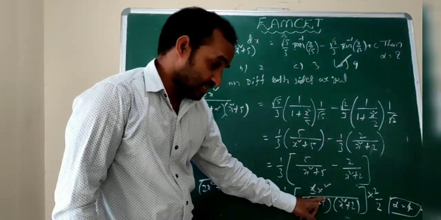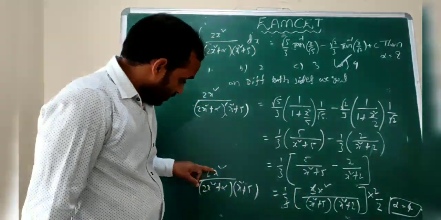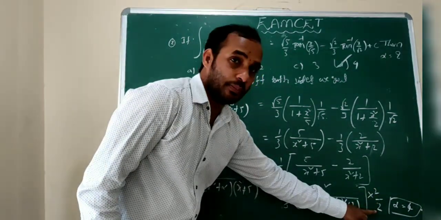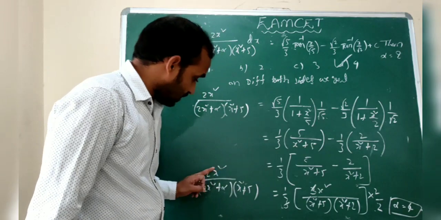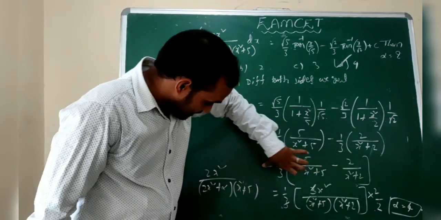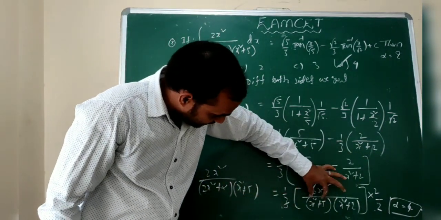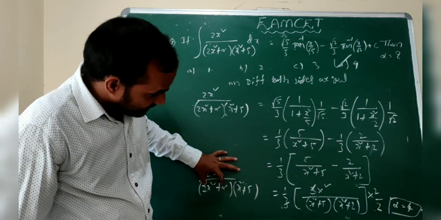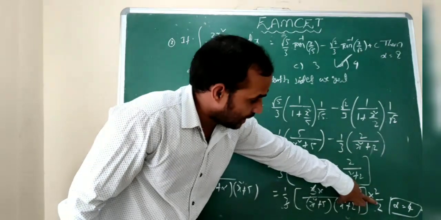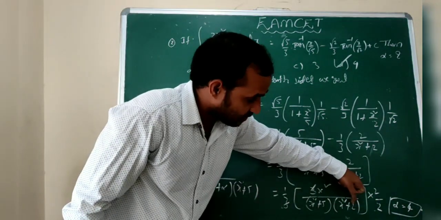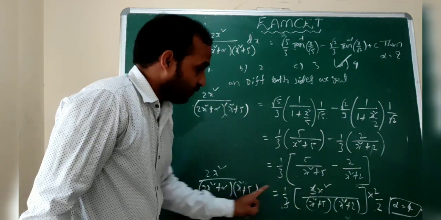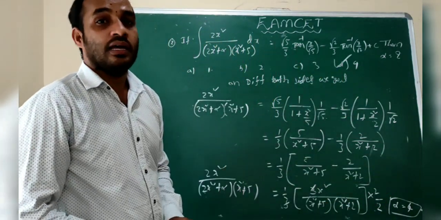So here the best observation: the numerator is 2x square, here it is also only x square, 2 is divided and multiplied, so that means 2x square. Numerator will be compared and the denominator will be compared: x square plus 5, x square plus 5 same, only 2x square plus alpha. Here it is x square plus alpha, multiplied by 2 means 2x square plus 4, means 2x square. As they say, only alpha is equal to 4. D is the correct answer.